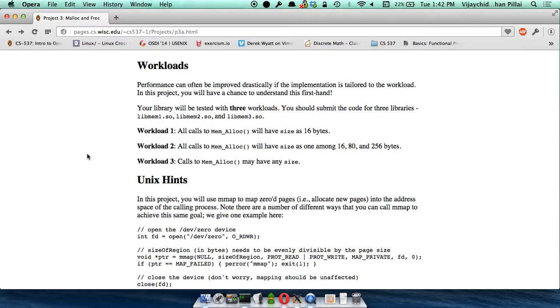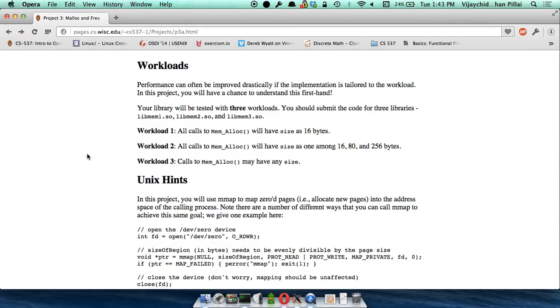In the second workload, we will be giving you 3 different sizes: allocations of size 16, 80, and 256 bytes. In the third workload, you can have any size. We can call your implementation of malloc with size 1, with size 1024, anything goes.